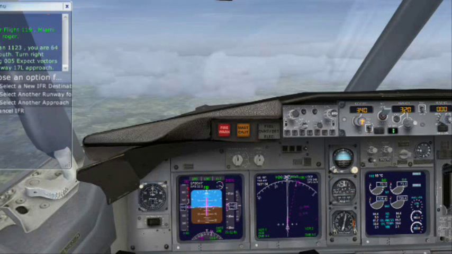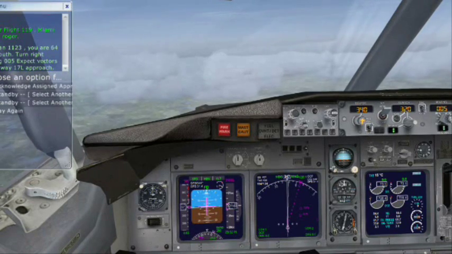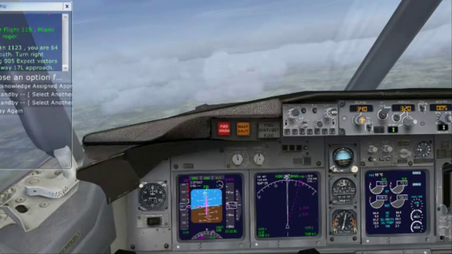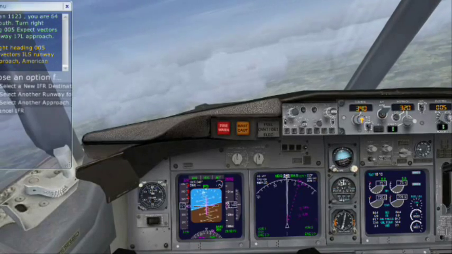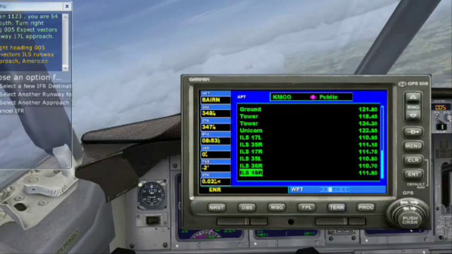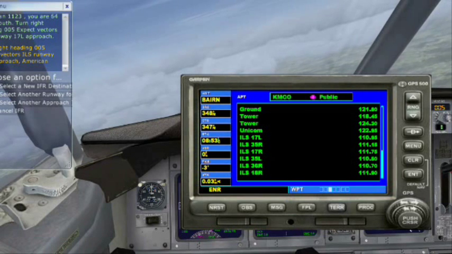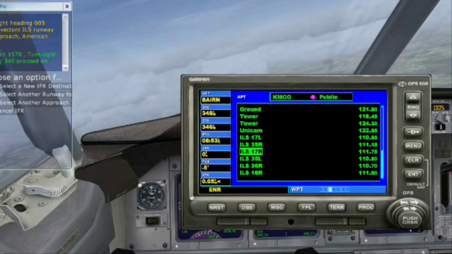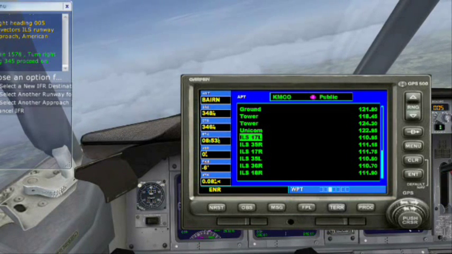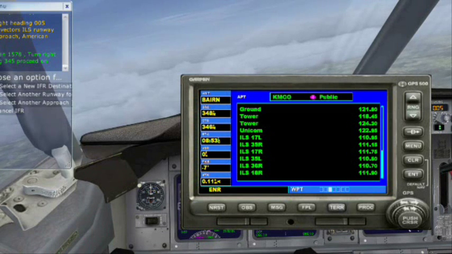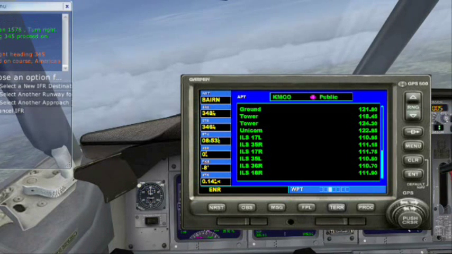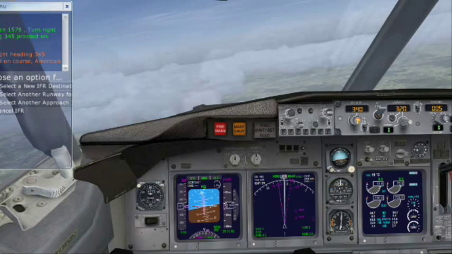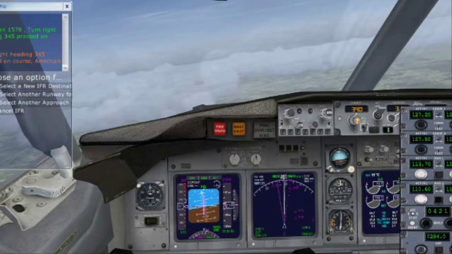Okay, here we are being cleared to runway 17 left. So basically, I will respond to ATC's instructions and then bring the GPS screen up again. Since I already have it set up, all I need to do is cursor up to the ILS 17 left and hit the enter key. This will load the frequency into the NAV1 standby